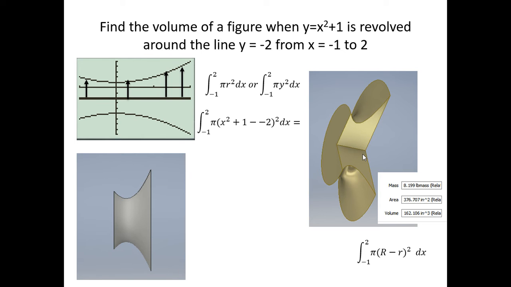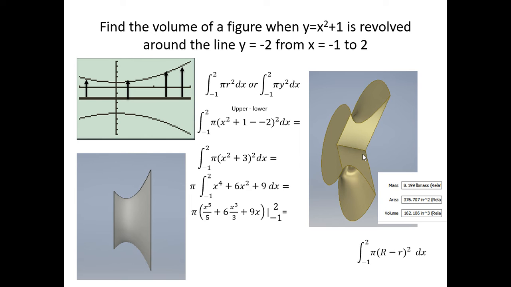Before, we took the equation minus 0, which doesn't really change anything. But now we need to find the distance from our curve to the rotational axis. That's why you subtract, and it turns out to be, in this case, minus -2. Do a little bit of simplification on it. Remember, it's the upper minus the lower. Do a little bit of algebra on it, and then go ahead and integrate it, and then evaluate it at 2 and at -1. And you get your answer of 51 3/5 pi, which, if you do that on the calculator, turned out to be